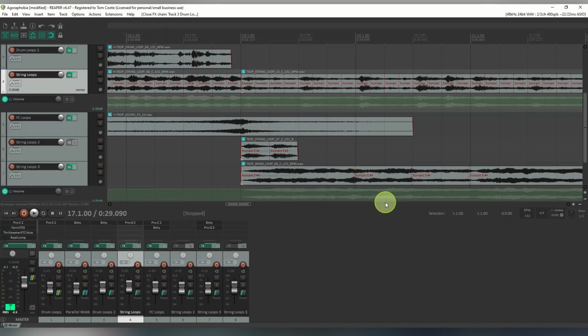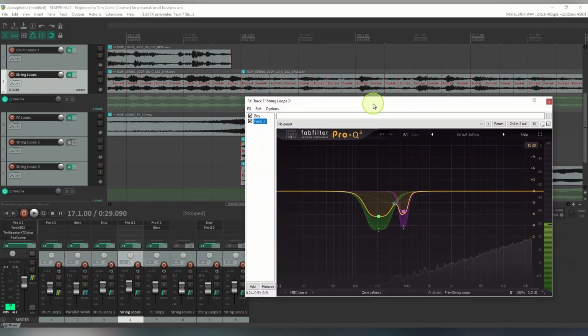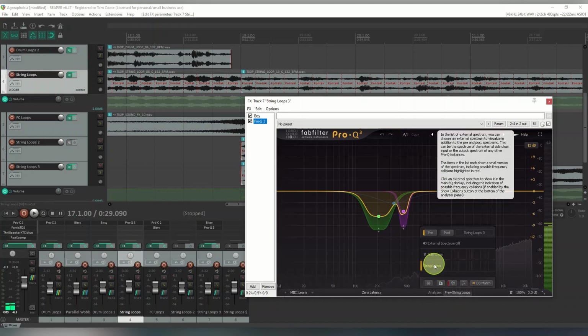So what I've done is I've used dynamic EQ in combination with Bitty. On the first bit I'm using Bitty, so I've just changed the noise level and I've given it a bit of a different sound so it stands out. But even with the volume change and with that, it still needed a bit of extra help. So what I've done is I've linked it from here. I put Pro-Q on the original track, which I wanted to stand out better, and then you set it up, click this button here, and it will show up string loops here, and you could sidechain it automatically,